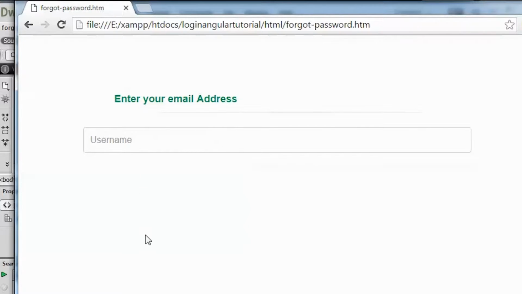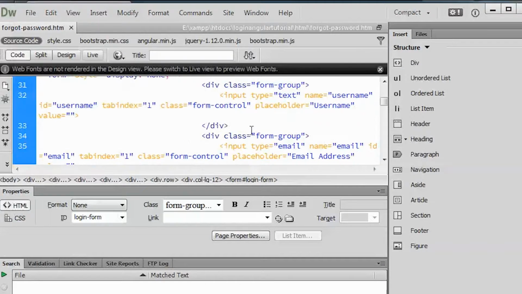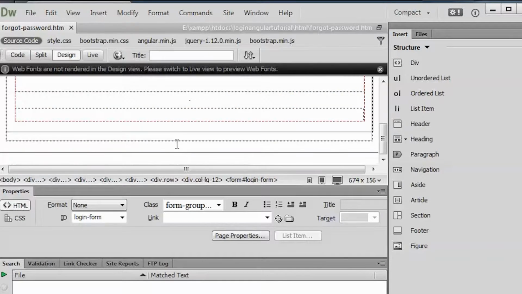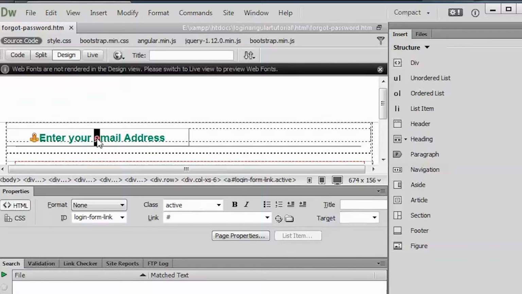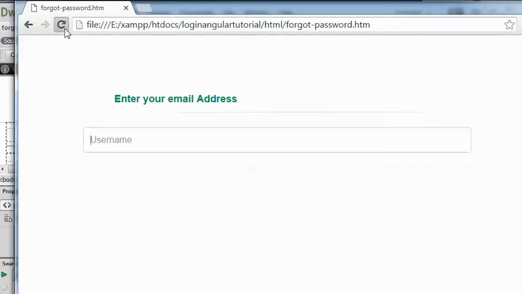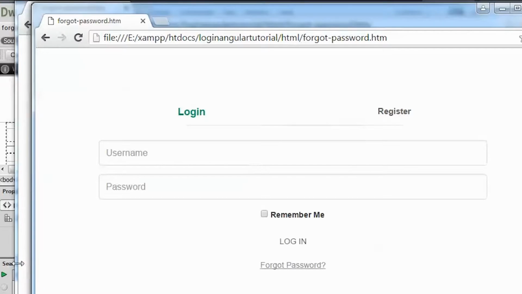So here we have the forgot password, guys. I am not finding this email address very nice because the E is not a big letter. So let me go to design view and make this E capital, and I'm saving this page and going to refresh it. So actually the JavaScript that was there in the previous forgot password is still there on this page. That's the reason why the test1 alerts and all that are showing.